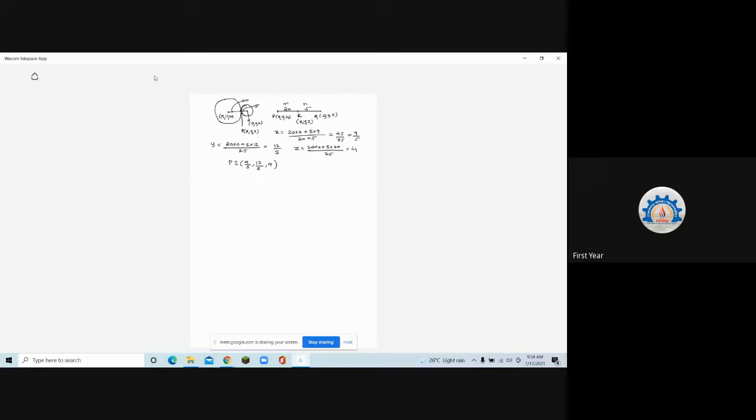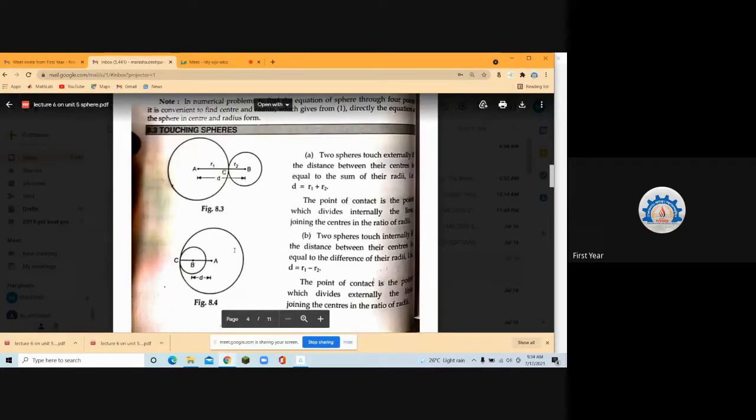So 20 into 0 plus 5 into 9 divided by 20 plus 5. That gives me x. The y coordinate will be 20 into the y coordinate plus 5 into the y coordinate of P divided by 25. These formulas are for internal and external division. So here we are seeing that R is the internal division of this line segment. That's what we have used. Okay, Vedant? Yes, ma'am. And other students also, these are very simple concepts and they are going to be very important from your MCQ point of view. This will be asked. Okay?